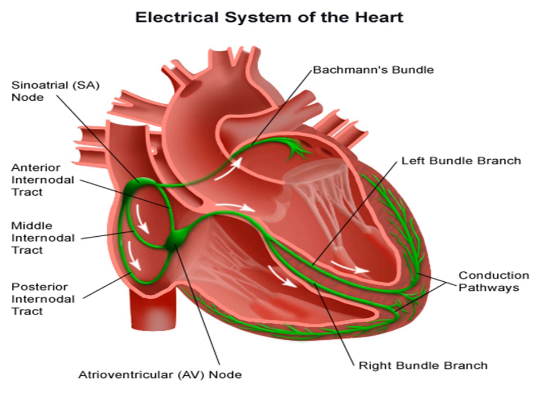Now first we start with the electrical system of the heart. In that, the SA node, that is the sinoatrial node, is situated in the upper side of the right atrium near the superior vena cava. From that, impulses pass through the atrioventricular node. It is situated near the tricuspid valve and the impulses convey into the right bundle branch, left bundle branch and Purkinje fibers. All the impulses convey in the conduction pathways of the heart. So this is the electrical system of the heart.